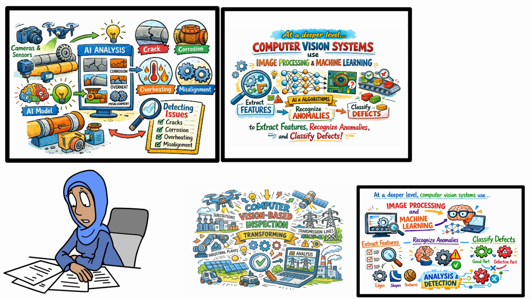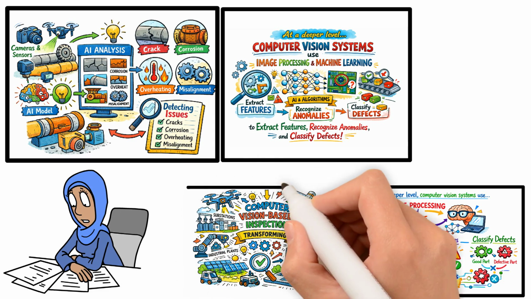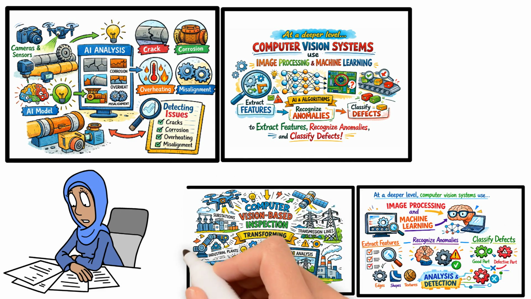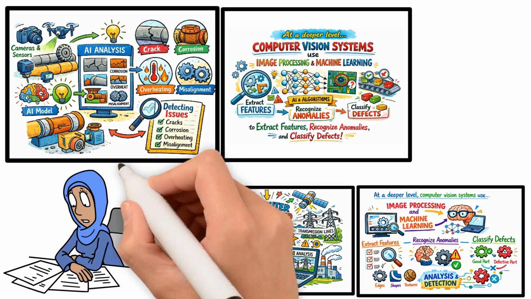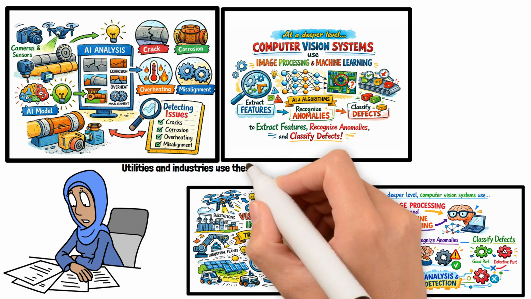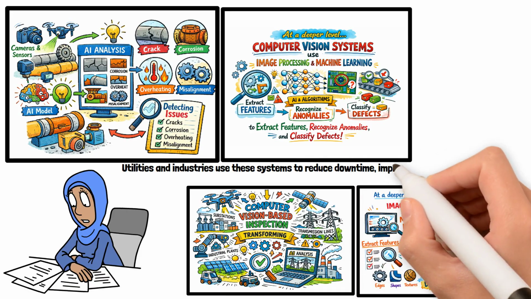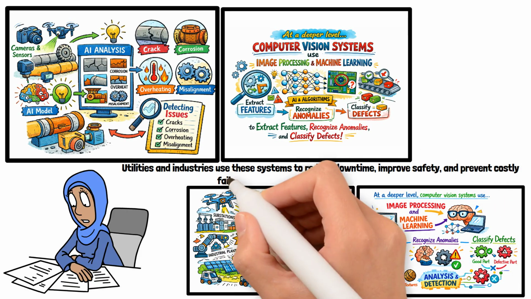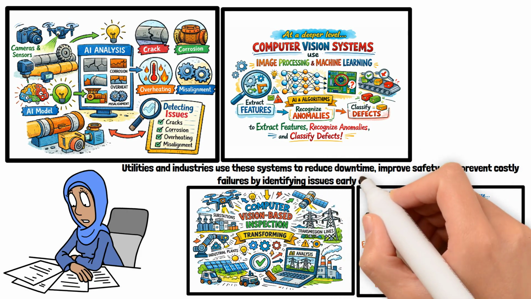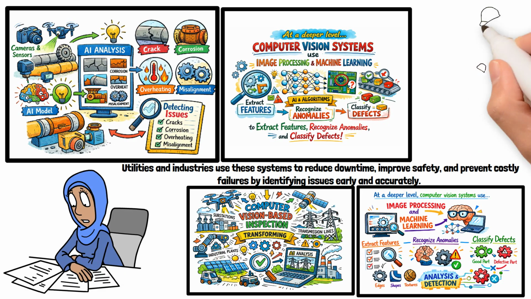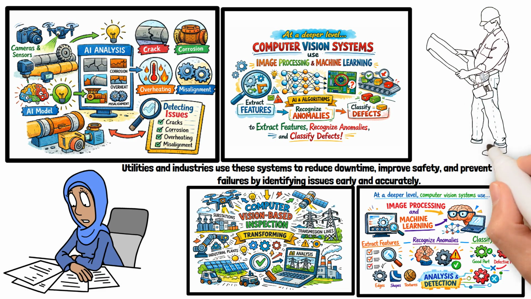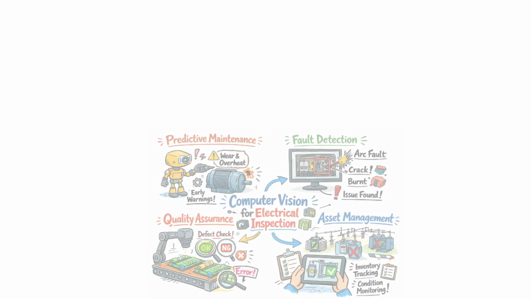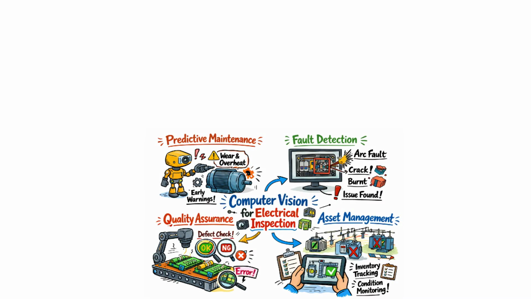On a larger scale, computer vision-based inspection is transforming power grids, substations, solar farms, transmission lines, and industrial plants. Utilities and industries use these systems to reduce downtime, improve safety, and prevent costly failures by identifying issues early and accurately. In real engineering practice, computer vision for electrical inspection is applied in predictive maintenance, fault detection, quality assurance, and